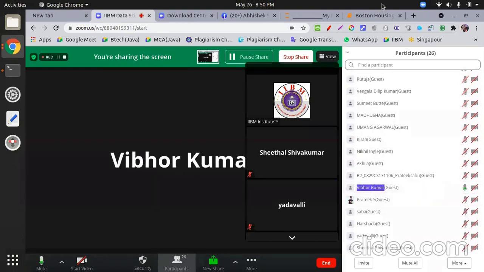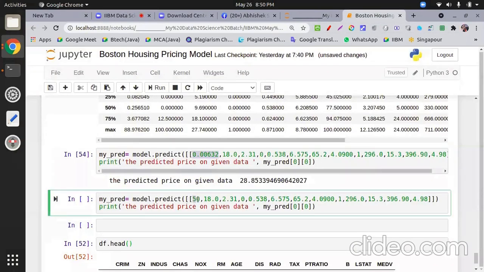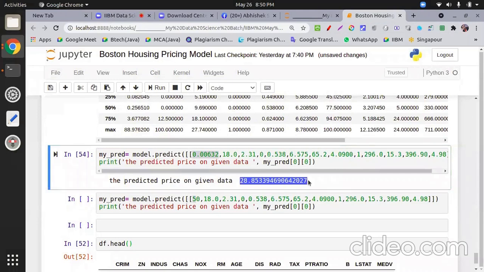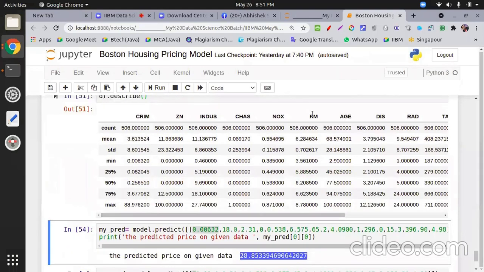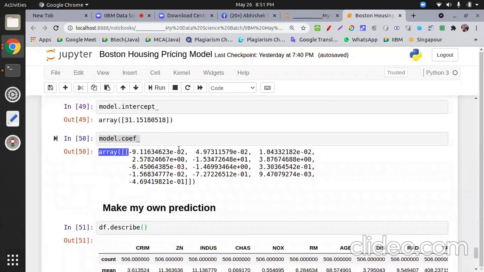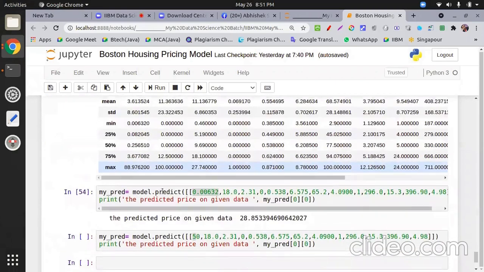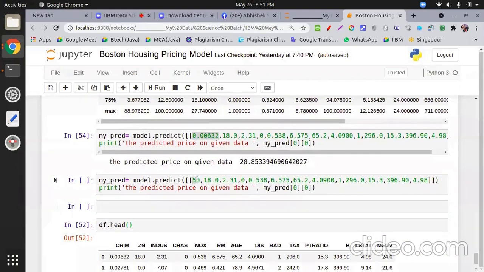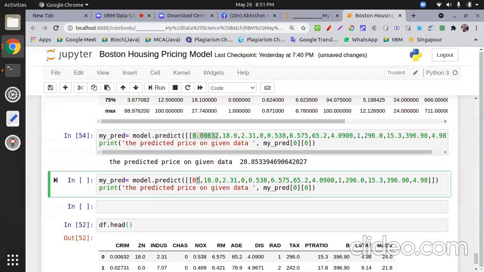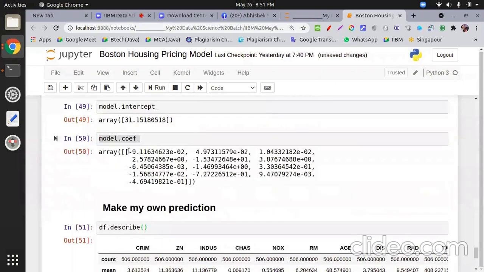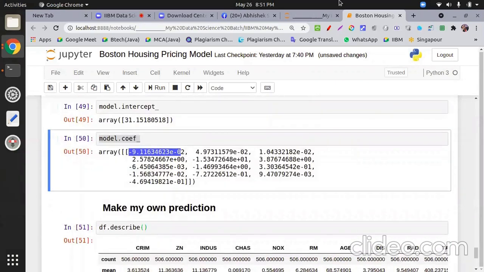If I change this value to 50, will my house price increase or decrease, with justification? Sir, increase, because 50 is a greater value, I think. So what about the slope? Slope also increases, sir. No, dear, my model is trained. The value will decrease, because as we increase the crime, my house price is going to decrease. What does a negative slope say?